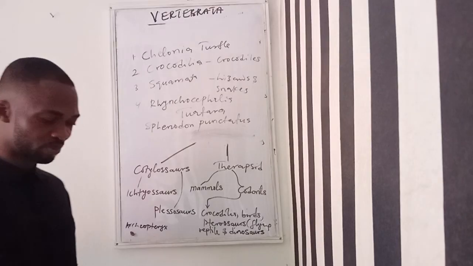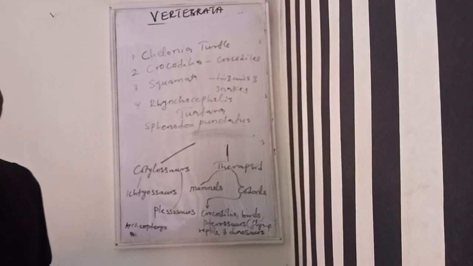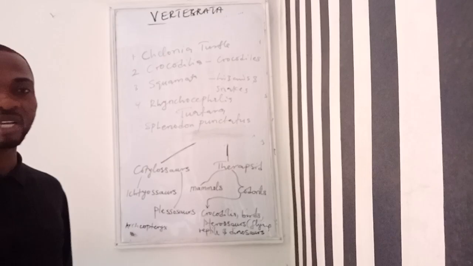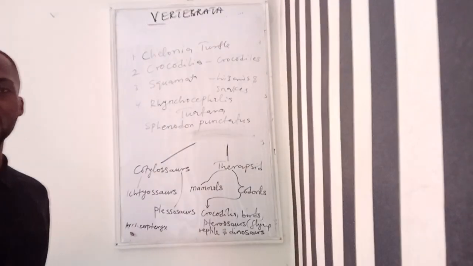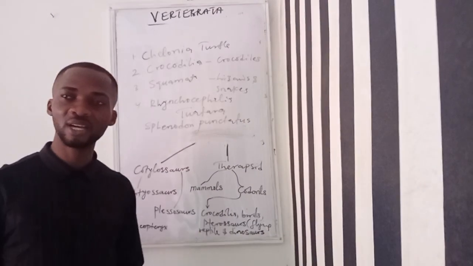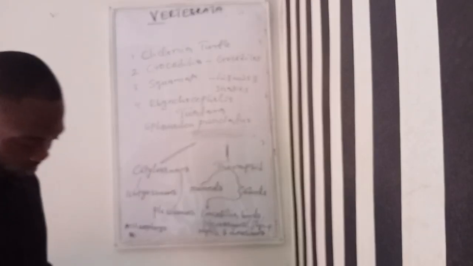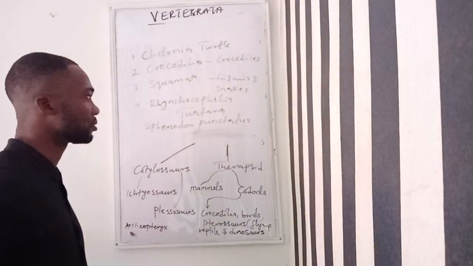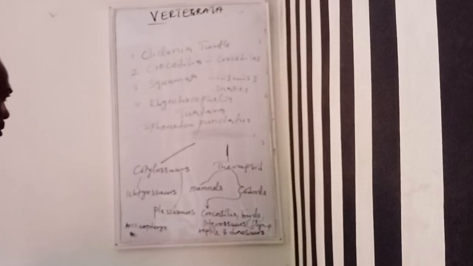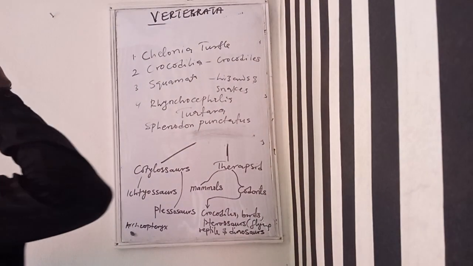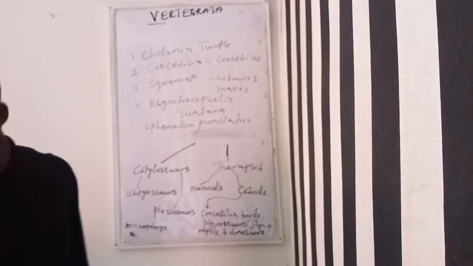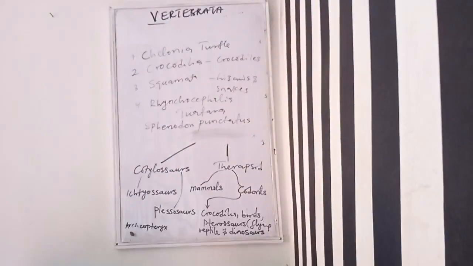Then some also thought about explosion of a new star. There was a star that exploded, and the radiation now killed all the dinosaurs. Then some also thought about racial senescence, that they became old. Imagine, they became old without giving birth to other dinosaurs and went into extinction. Some also thought about climate change as the reason why they went into extinction. So that is it about the different schools of thought when it comes to the extinction of dinosaurs. The most popular one is the catastrophism school of thought.